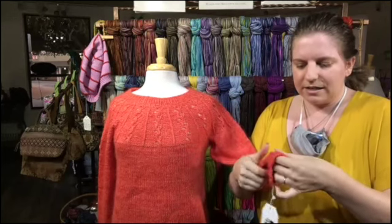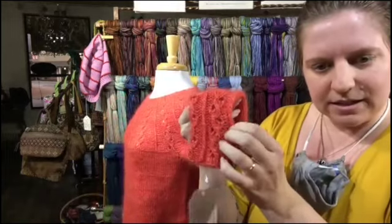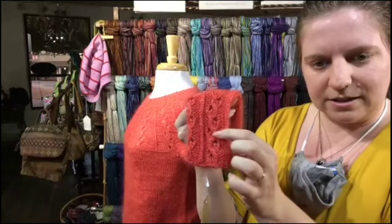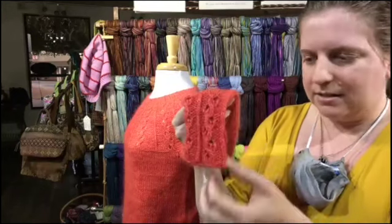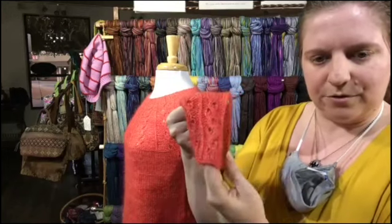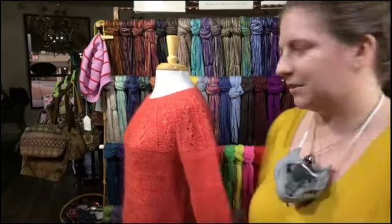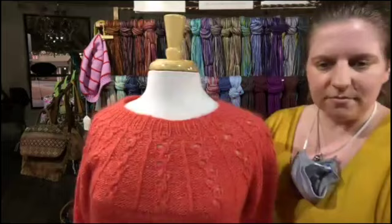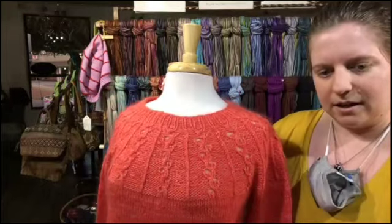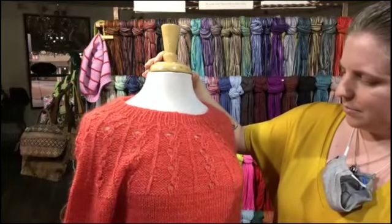It's a very small pattern. You can see it's on a reverse stockinette background, which is going to make all these knit stitches really pop. And it's a lace pattern in the fact that you've got some reversed with this mirror here. It's easier just to show it on the yoke. So you've got this lace, these eyelet details. And I think it is cabling or,